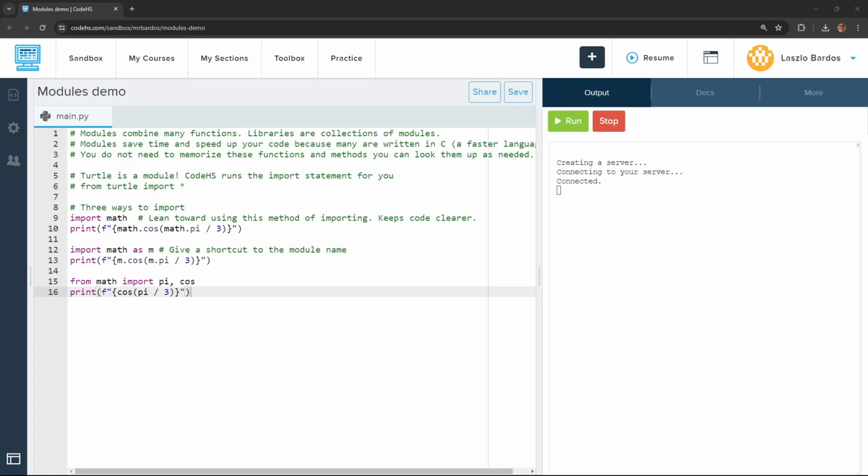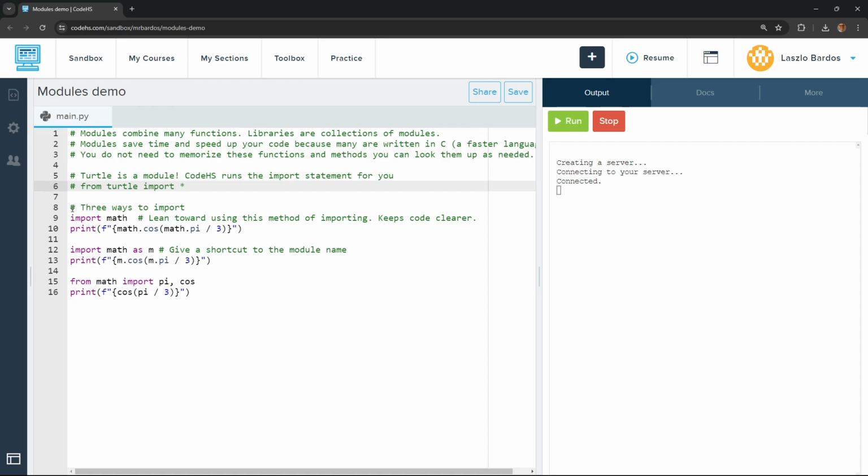In this video, we're going to talk about modules, and modules are a collection of functions that you can use, and we've already been using modules in this course. As a matter of fact, Turtle is a module. The one thing that you just haven't seen is that behind the scenes, CodeHS, this website that we use, has already imported the module for you. It imported all the Turtle commands,